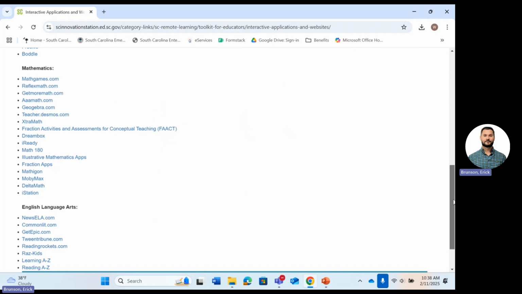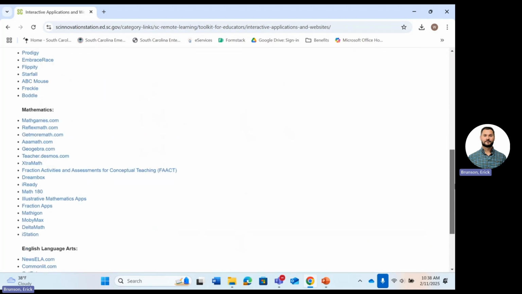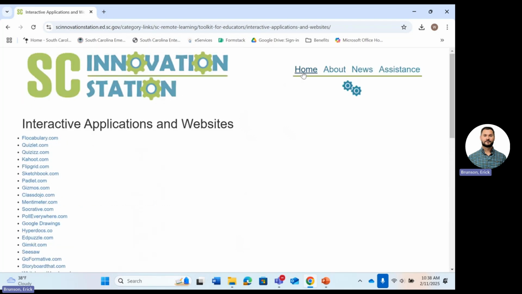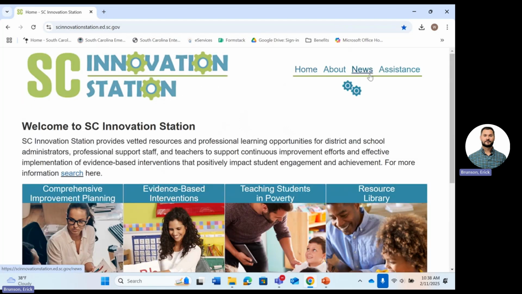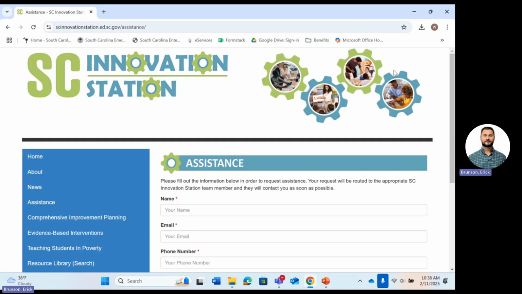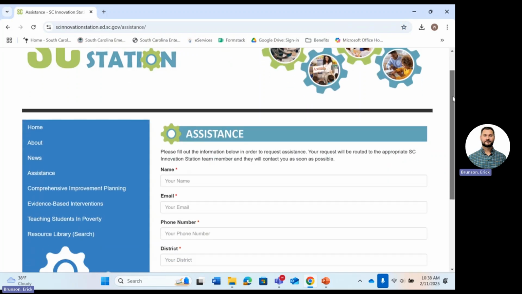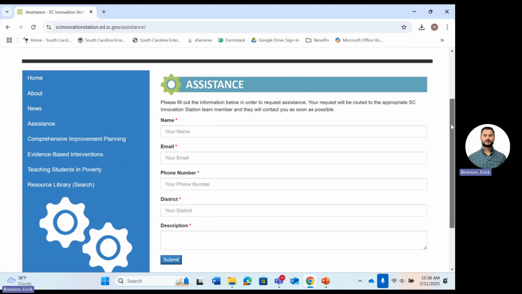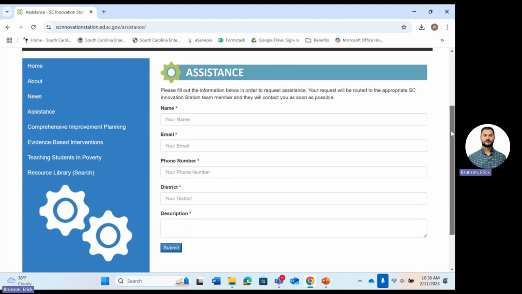So these resources are here for you. Again, look through it, see what's there, go back and share it with your school, your district, your teachers, everybody. We need these scores to go up. If you need assistance with anything on the website, put your information in, and it's going to go to our IT whiz here, Mr. Brunson, and then he'll forward it to whoever it needs to go to.